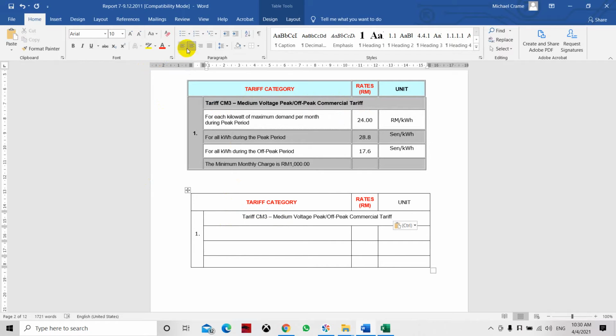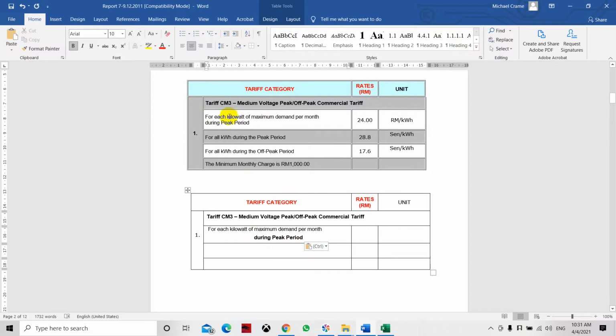Now set it on the left side, press the left alignment, and select these words and let's put it there. Now let's copy all the other remaining words. This, don't worry about it. Copy, paste,